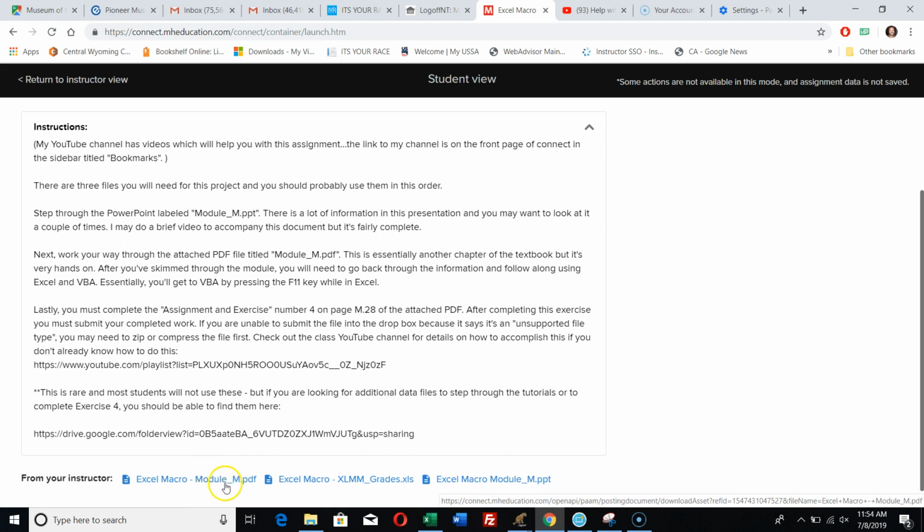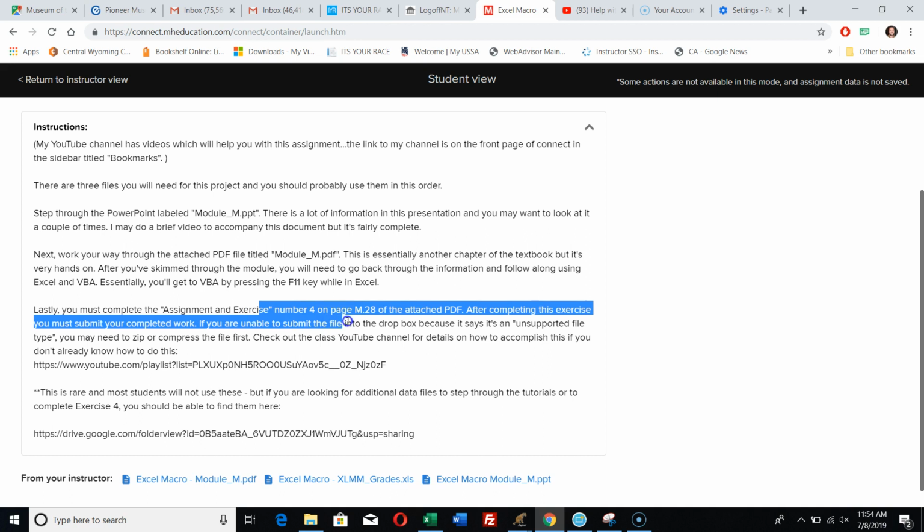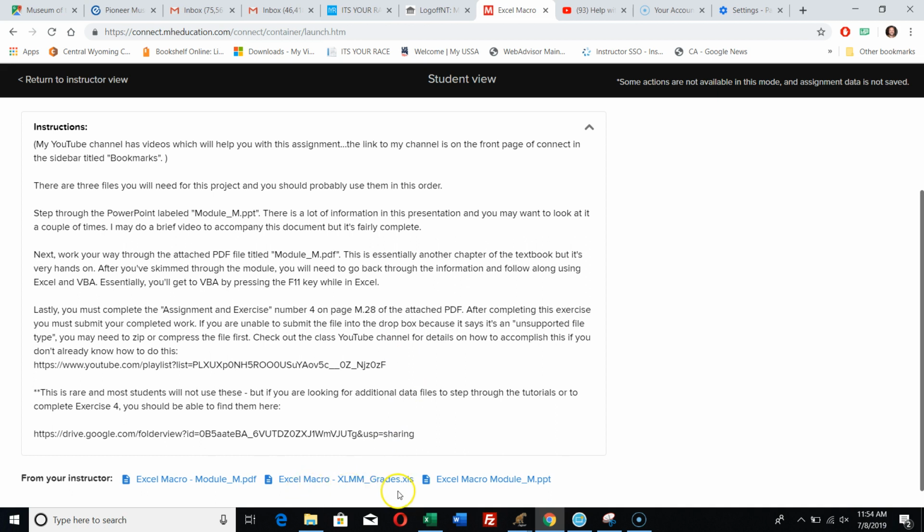The Module M PDF, you only need to do question number 4 at the very end of the PDF. So the PDF's a bit of a red herring. If you try to do everything in the PDF, it might take you weeks. So be sure to skim and answer question number 4, which requires the Excel macro